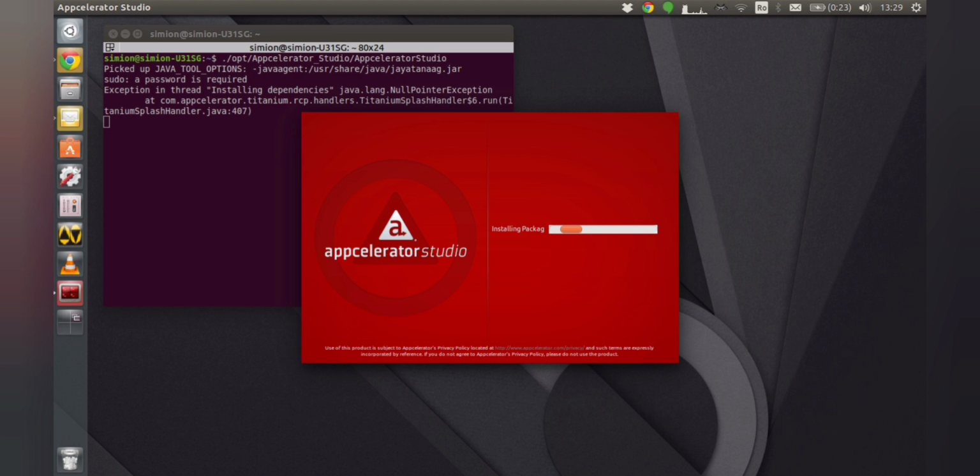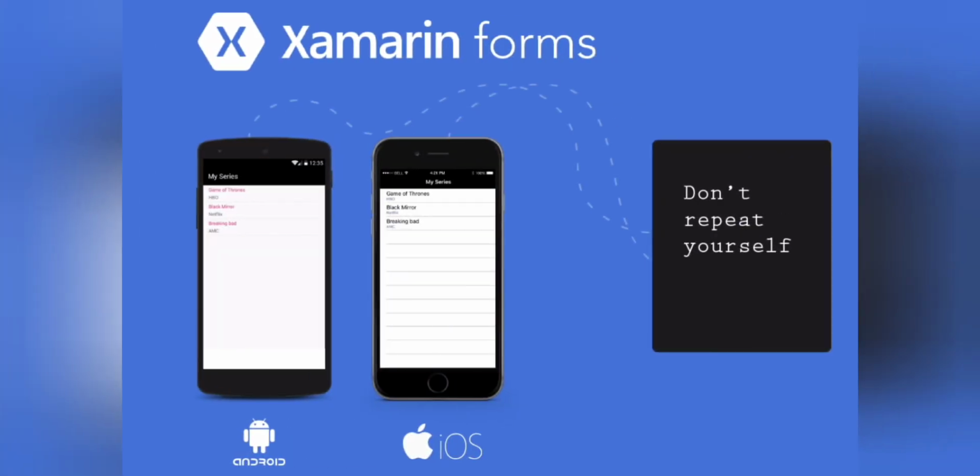It uses a single JavaScript code base for rich native mobile app and cloud-connected mobile apps. Next, we see about Xamarin. It is a mobile application development platform that helps designers and developers build native iOS, Android and Windows applications using a single shared .NET code base and integrated development environment, that is IDE.